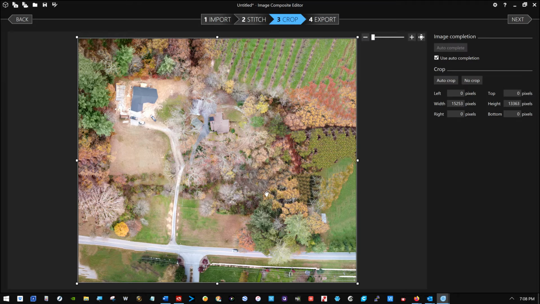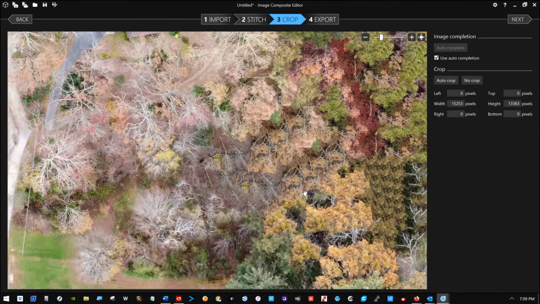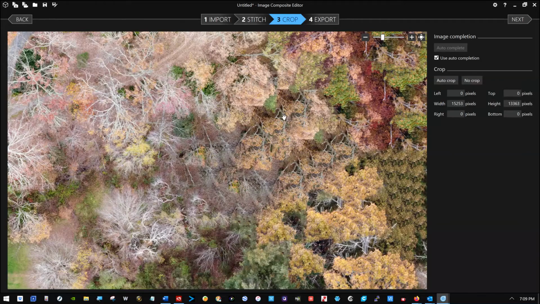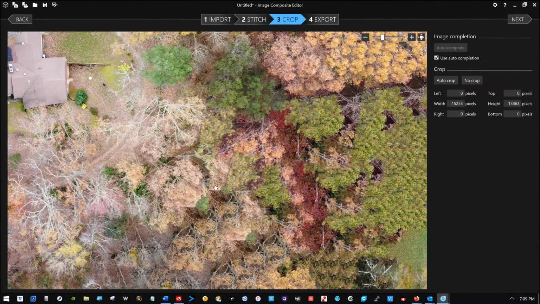Because this area right here is where some of those images were missing in the stitch before the crop, I also do, and this is just my humble opinion, I think that some of this may be duplicated. I don't know. This is my first attempt at doing this. As I look at it, I don't see that a lot of these trees are duplicated. This is fairly